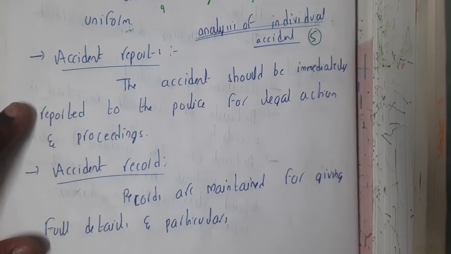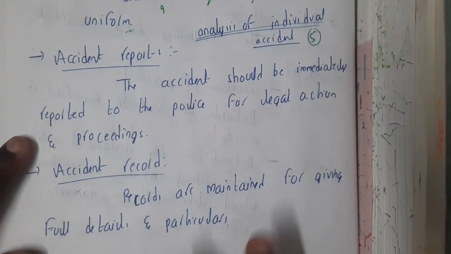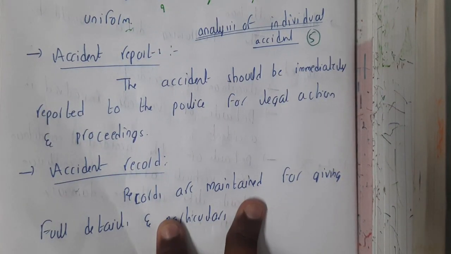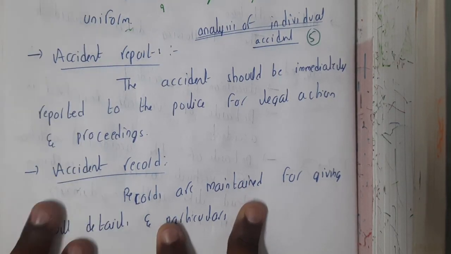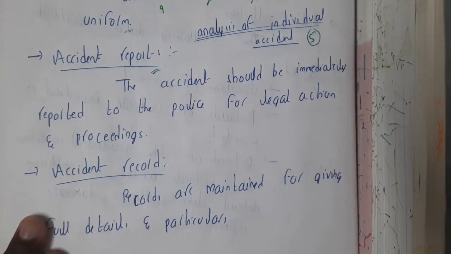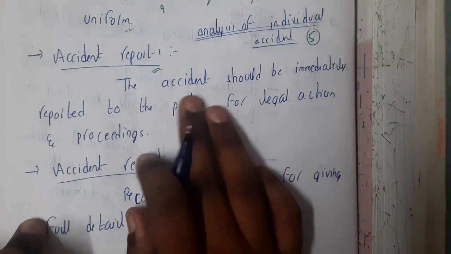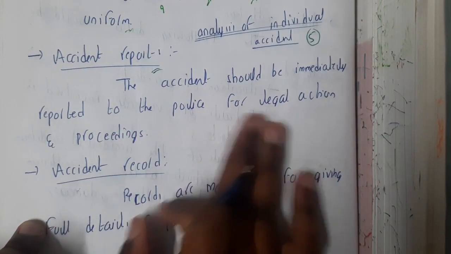In this lecture, let us go through the analysis of individual accident. Whenever an accident happens, what are the next steps which the police or someone will be taking? The first thing is the accident report. The accident should be immediately reported to the police for a legal action